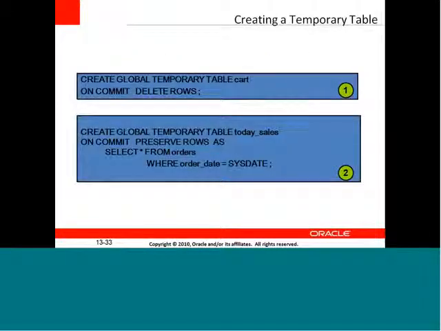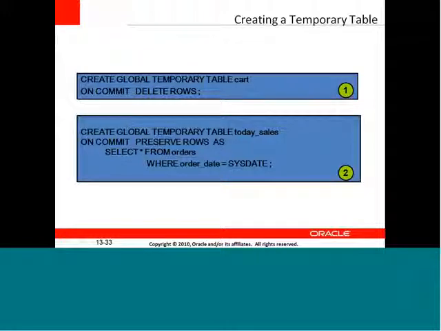Now how to create a temporary table? Create global temporary table cart on commit delete rows. So this is going to create the table, and the table name will be mentioned. And now on commit delete rows. If ever I want to delete any rows, then I have to commit the rows. That is on commit. If the values are committed in that table in the database, then that is permanently saving the value, and I'm going to delete the rows which I don't want to use. I want to remove those values from that table.